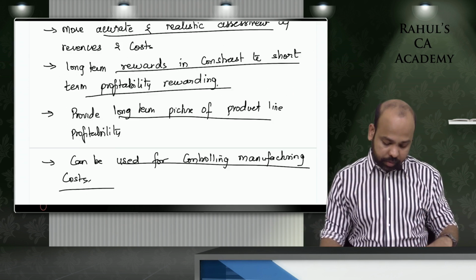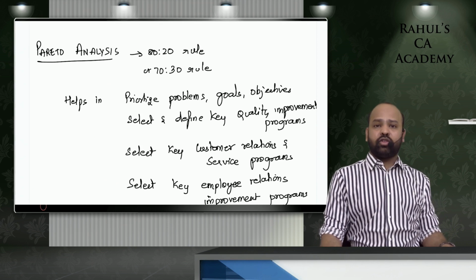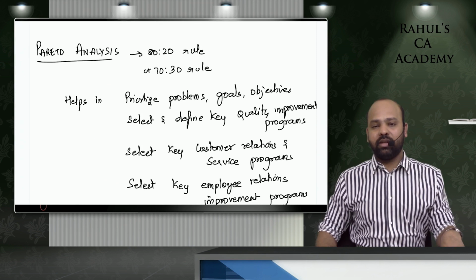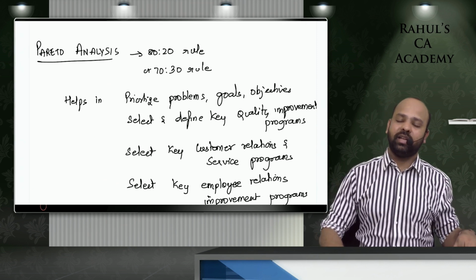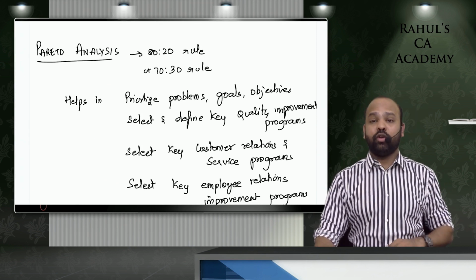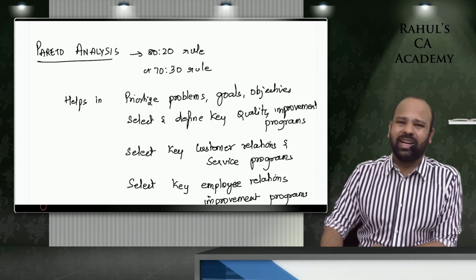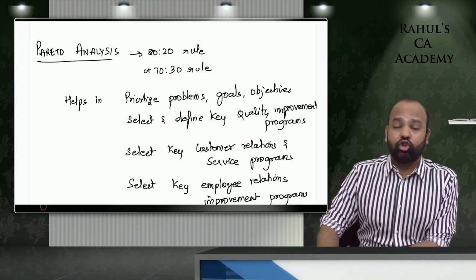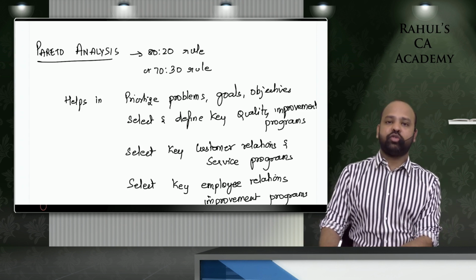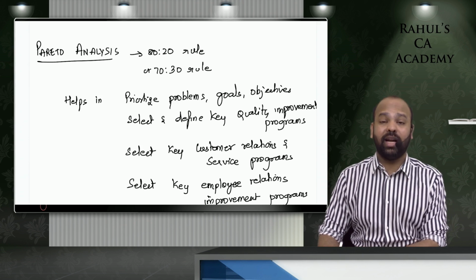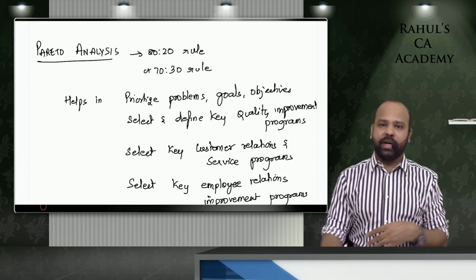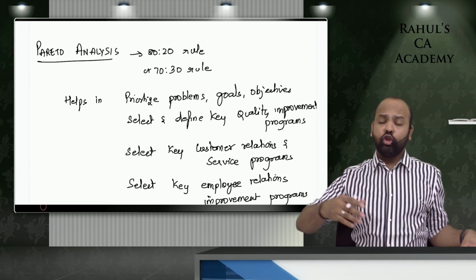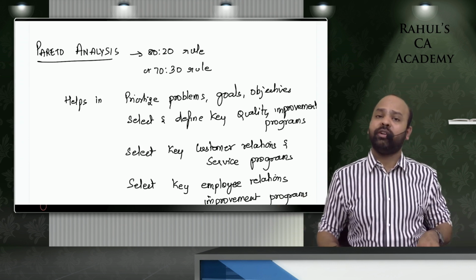Very, very important topic. Now, guys, coming down to the next topic, Pareto analysis. This comes under cost control. Pareto analysis was also covered as a part of your CA Intermediate, guys, materials chapter, cost and management accounting. This was given by Vilfredo Pareto, guys, an Italian economist who observed that 80% of the wealth of Italy, beta, was concentrated in the hands of 20% of individuals, while the remaining 80% of individuals held only 20% of the wealth. In India, you might see even more weird figures. But anyways, beta, people made it the 80-20 rule or 70-30 rule.